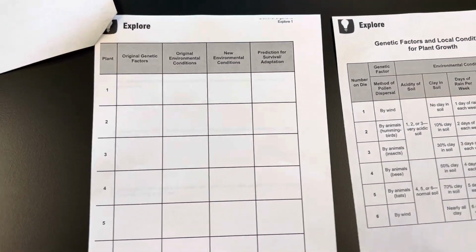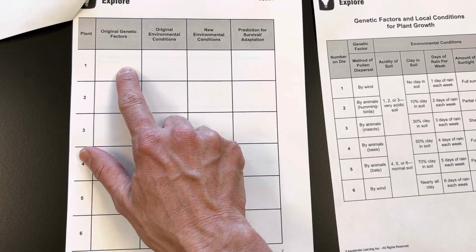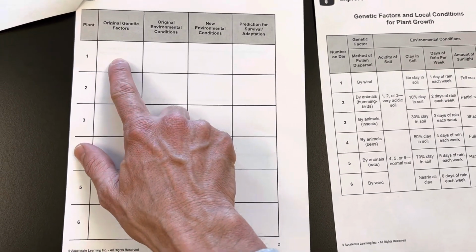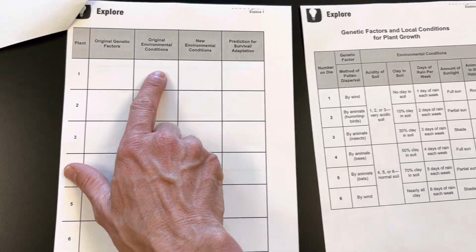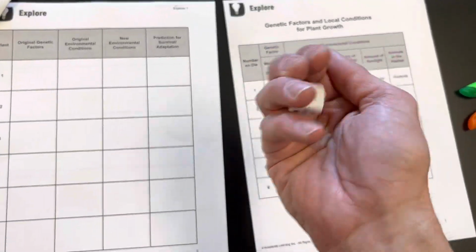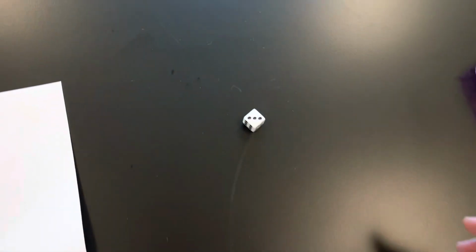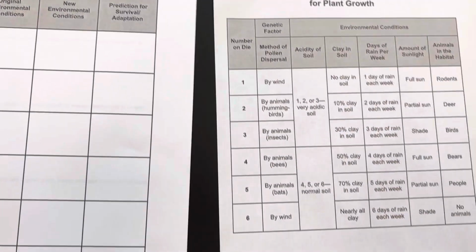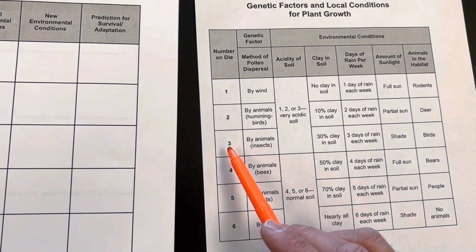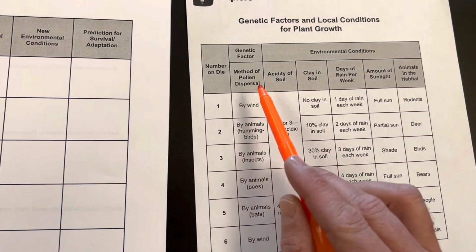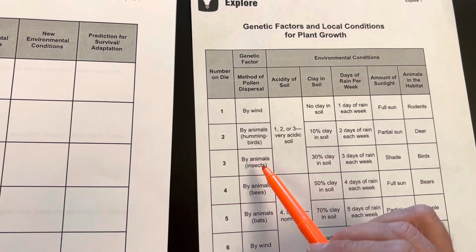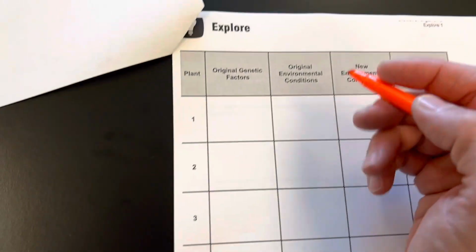So first, we're going to plant a seed in these environmental conditions with these factors. Now, to figure out what these are, we're going to roll this dice. Shake. All right, my dice roll was a 3. So I'm coming down to here and it says 3. Method of pollen dispersal was by insects. So I'm going to write over here,